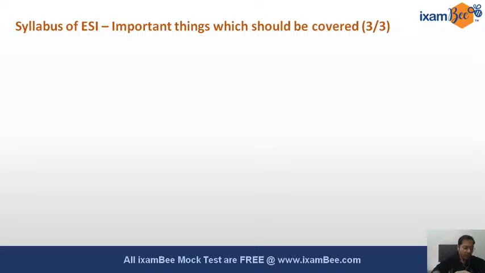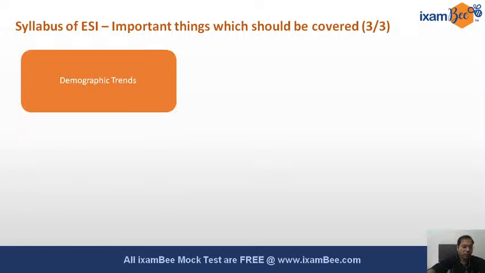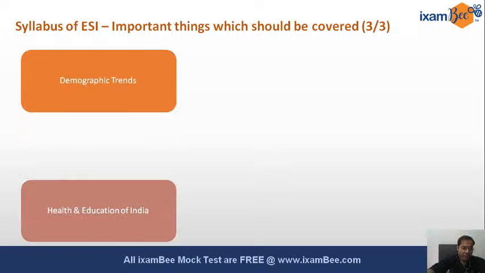So how much current affairs should we cover? Ideally it should be 6 months. So coming to the demographic trends,